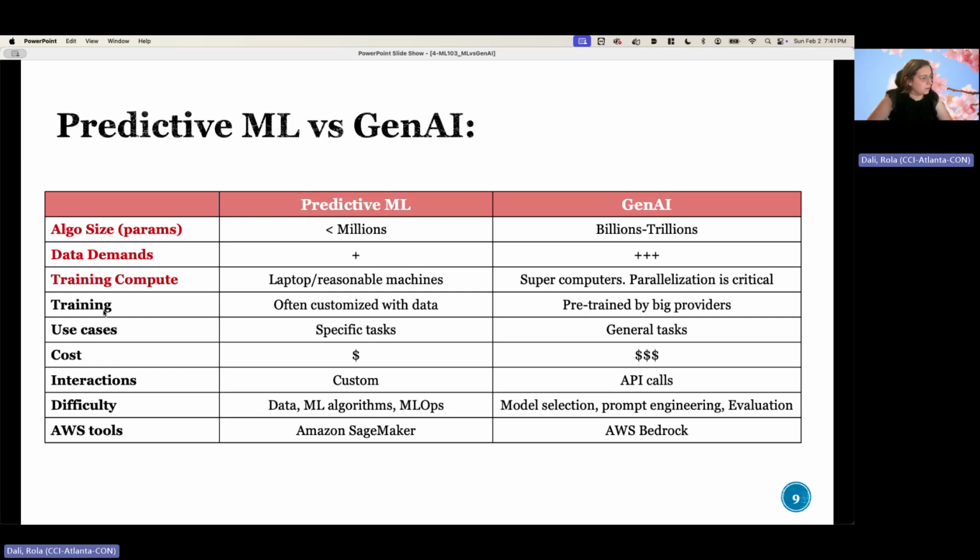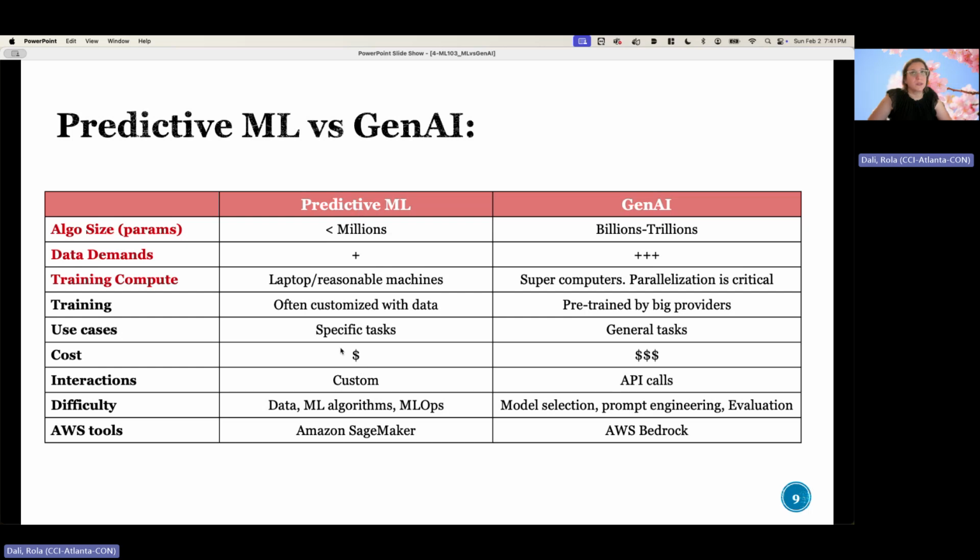And so in terms of training, the way that predictive ML is used is usually you customize the model with your own data. But with GenAI, the training is usually done by big providers and released to the public. For use cases, predictive ML is better at very specific tasks, whereas GenAI is capable of general tasks. In terms of cost, predictive ML